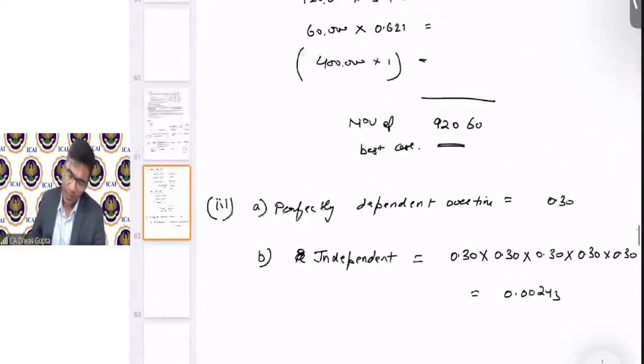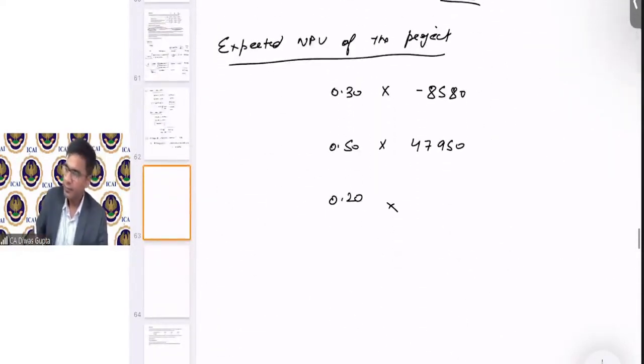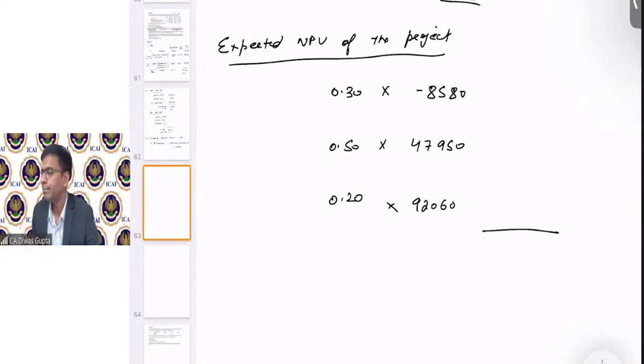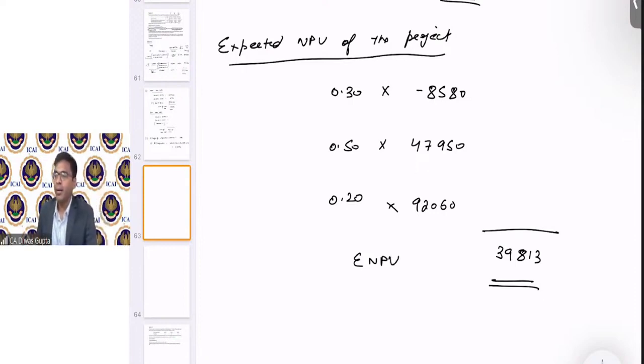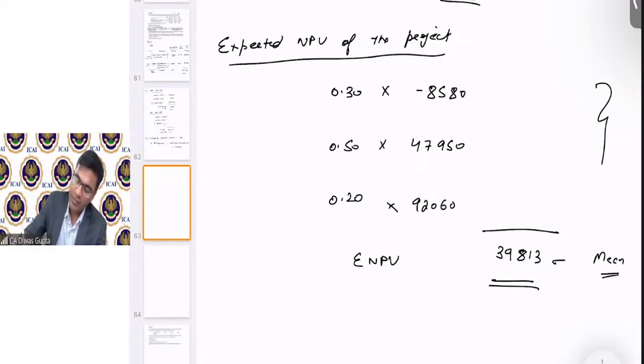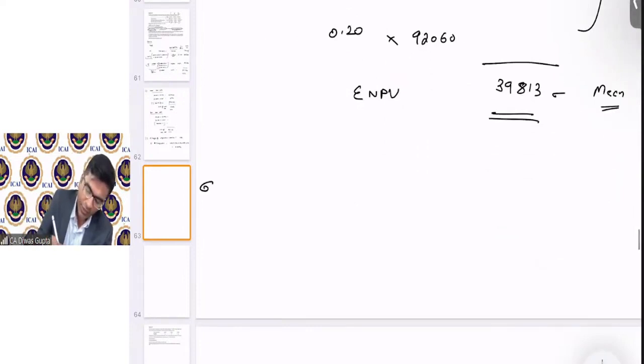And the 20%, which is the best case, 92,060. Okay, students. So the total here is 39,813. This is the expected NPV, ENPV. Correct? Now we have to calculate the standard deviation from this expected NPV. We have this value as mean. We have these different values as possible values, correct? We have to calculate the standard deviation along with the probabilities. So the standard deviation will be given by,